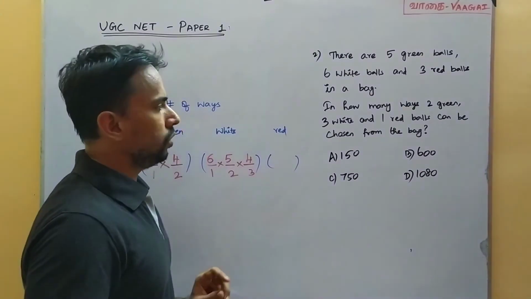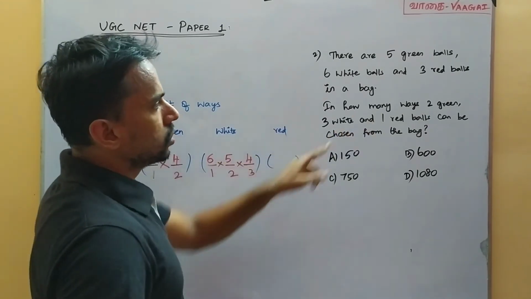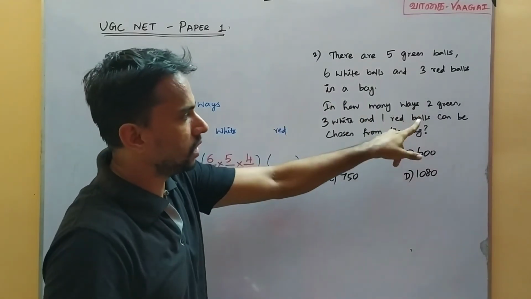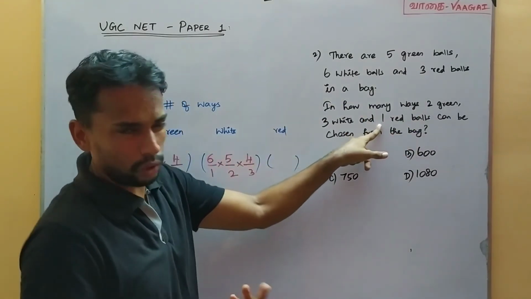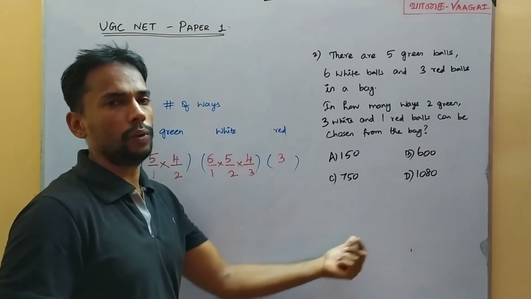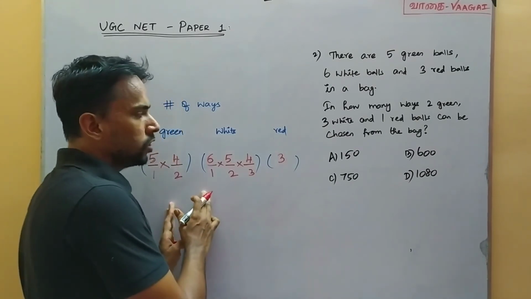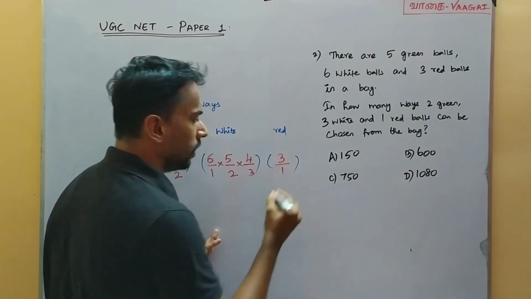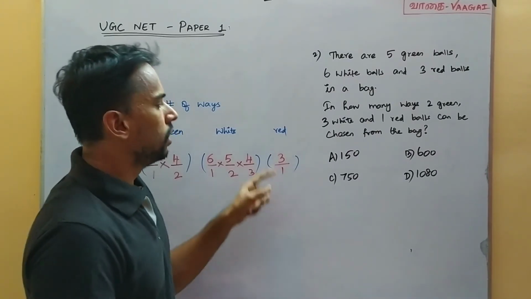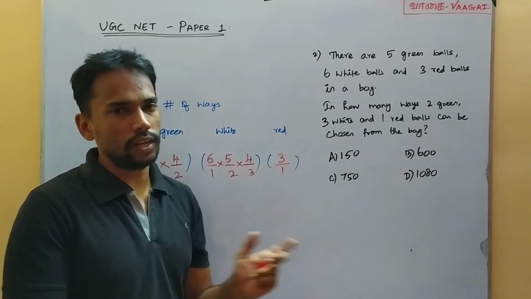Okay. And the last one is red. For red, there is only 1 ball to be chosen. Is it or not? So that means from the 3 red balls in the original collection, we need to select only 1 red ball, right? So here we have only 3 ways. As usual, like how we did in the previous question, only 3 ways. Or again, if the same format is to be followed, we need to divide it by 1. That is 3 by 1. This will complete the calculation. But this 3 by 1 is once again equal to 3 only, right? So we can simply leave it as 3 itself.